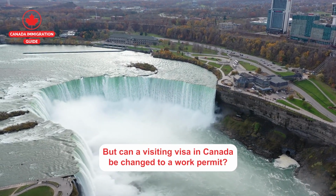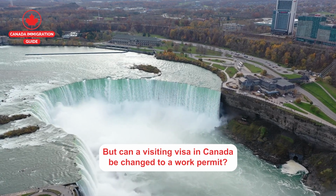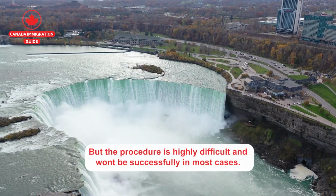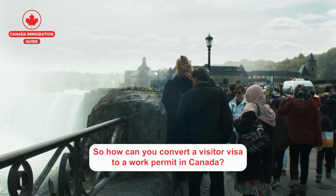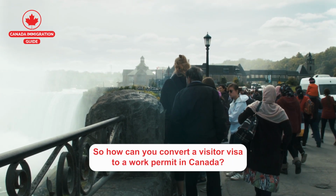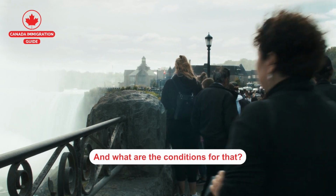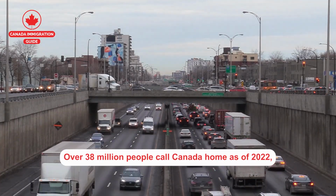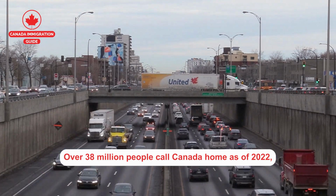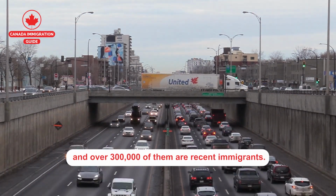But can a visiting visa in Canada be changed to a work permit? Well, yes. But the procedure is highly difficult and won't be successful in most cases. So, how can you convert a visitor visa to a work permit in Canada? And what are the conditions for that? Well, let's get started. Over 38 million people call Canada home as of 2022, and over 300,000 of them are